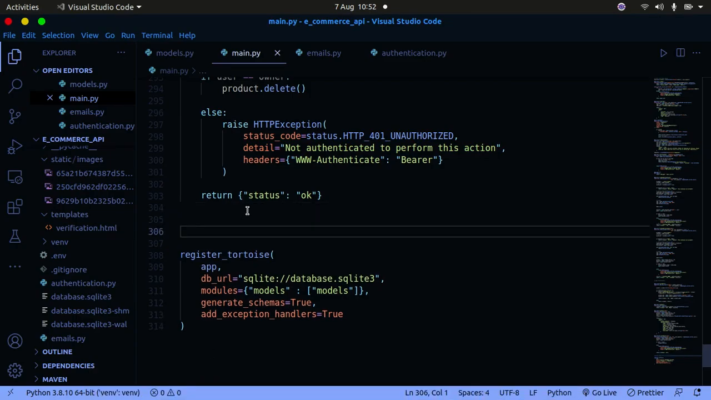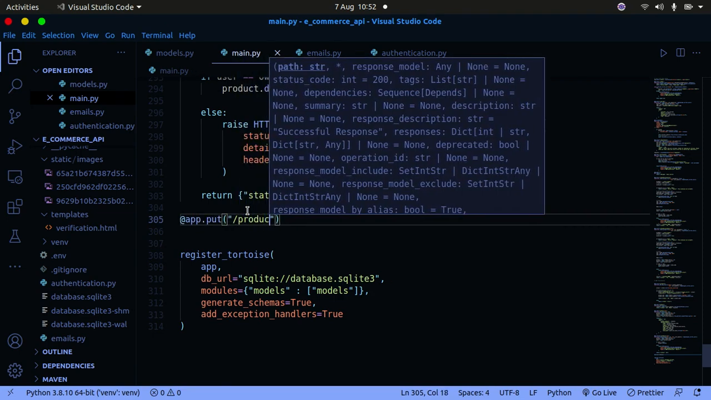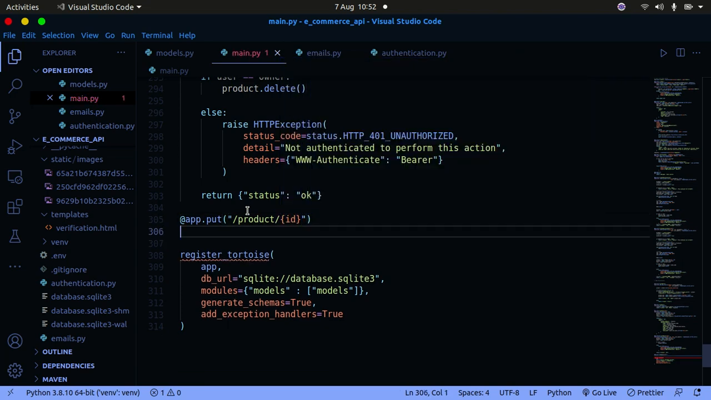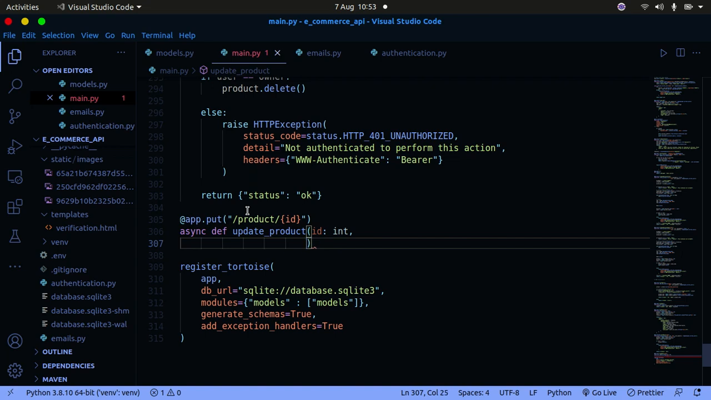Just below the delete function, I'm going to create an app.put, and it's going to go to product, and then you provide an ID here. Then we have an async function, so async def, and this is going to be update_product. It's going to take in an int, and ID is going to be of type int. It's going to take in the currently logged in user as well as the profile, the update information that we're going to get from the front end. So I'll have update_info, and the update_info is going to be of type